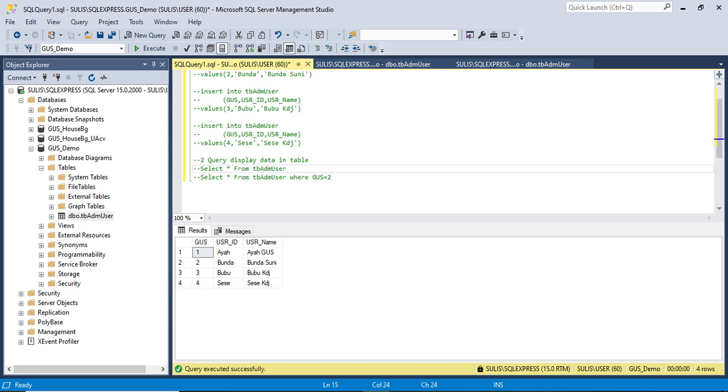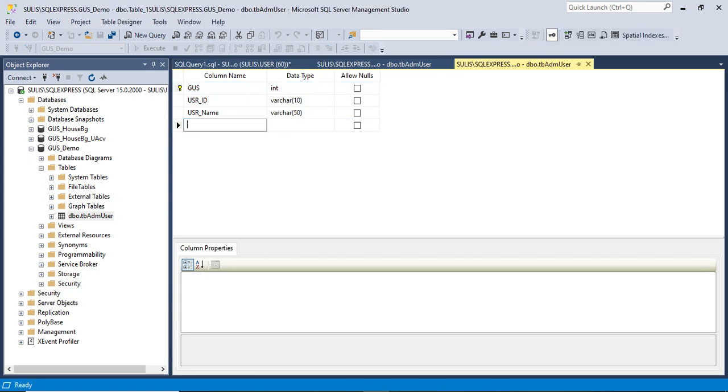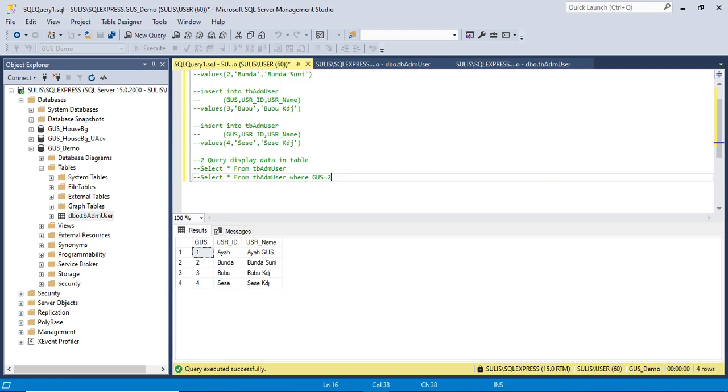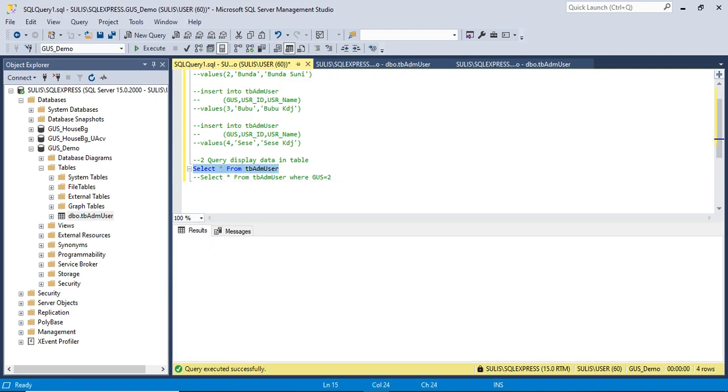Now, what if I want to delete one data? Okay, I want to add another column, USR is active, not null, default 1. Let's execute and see the data.